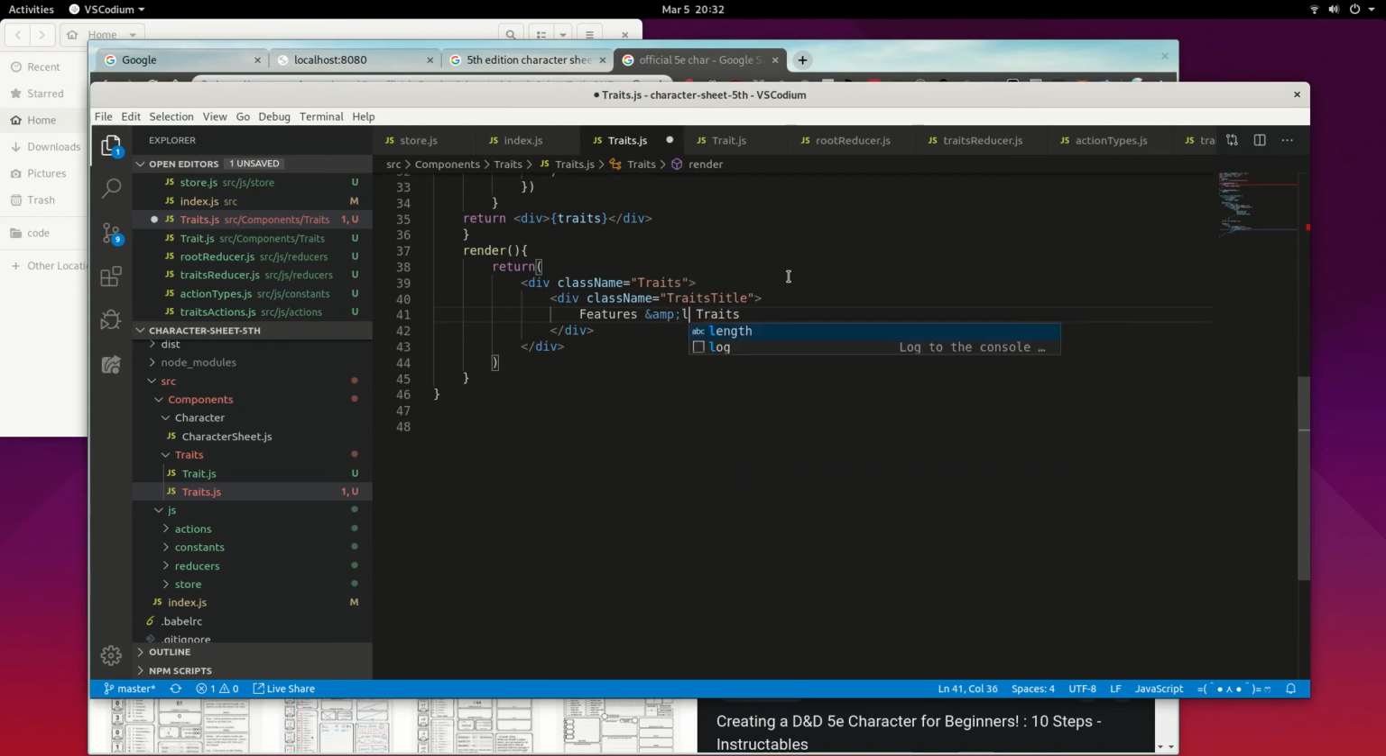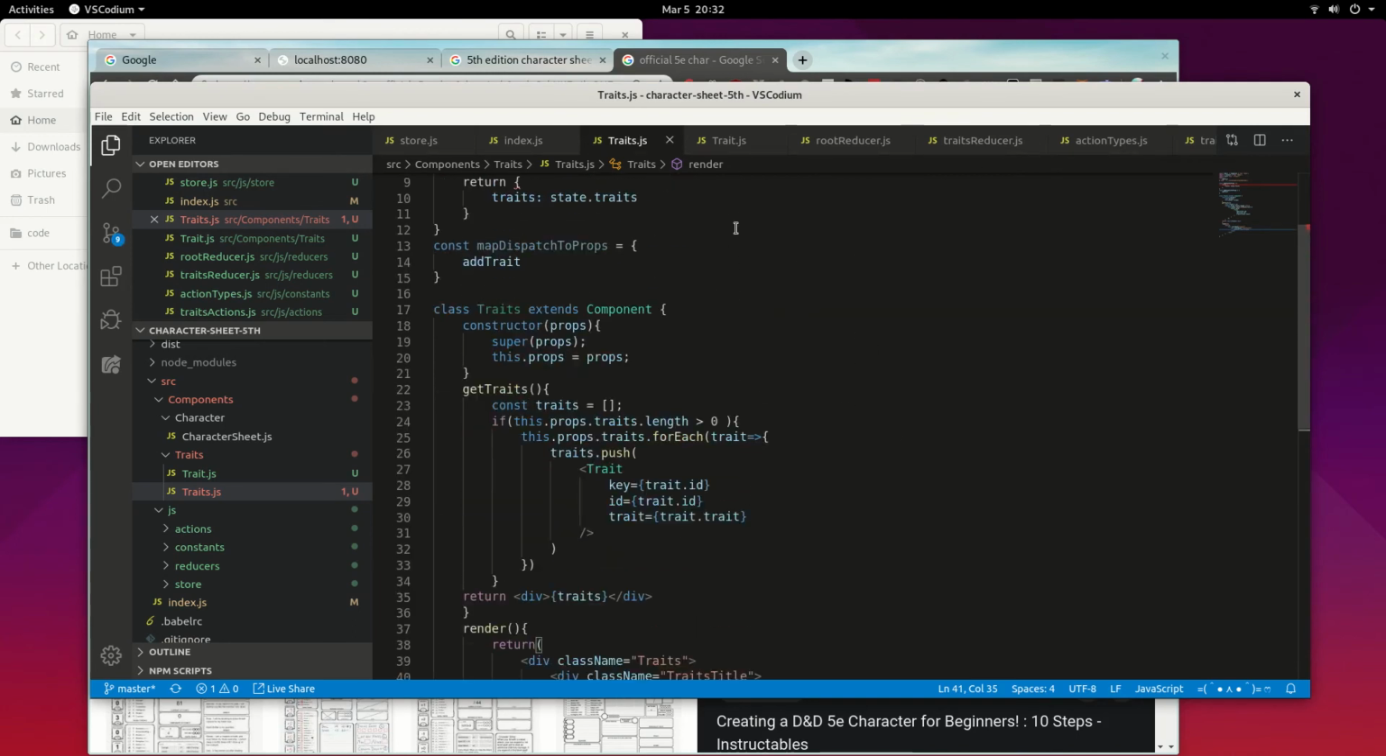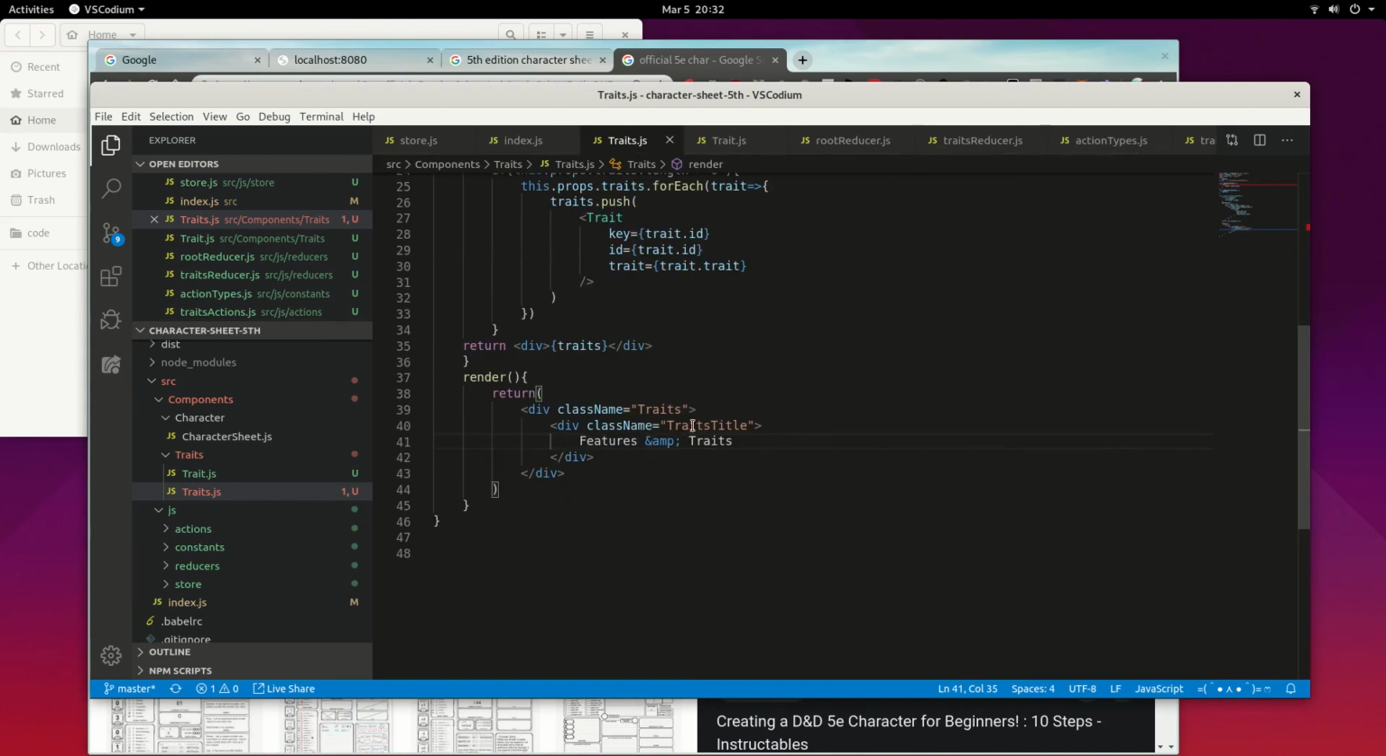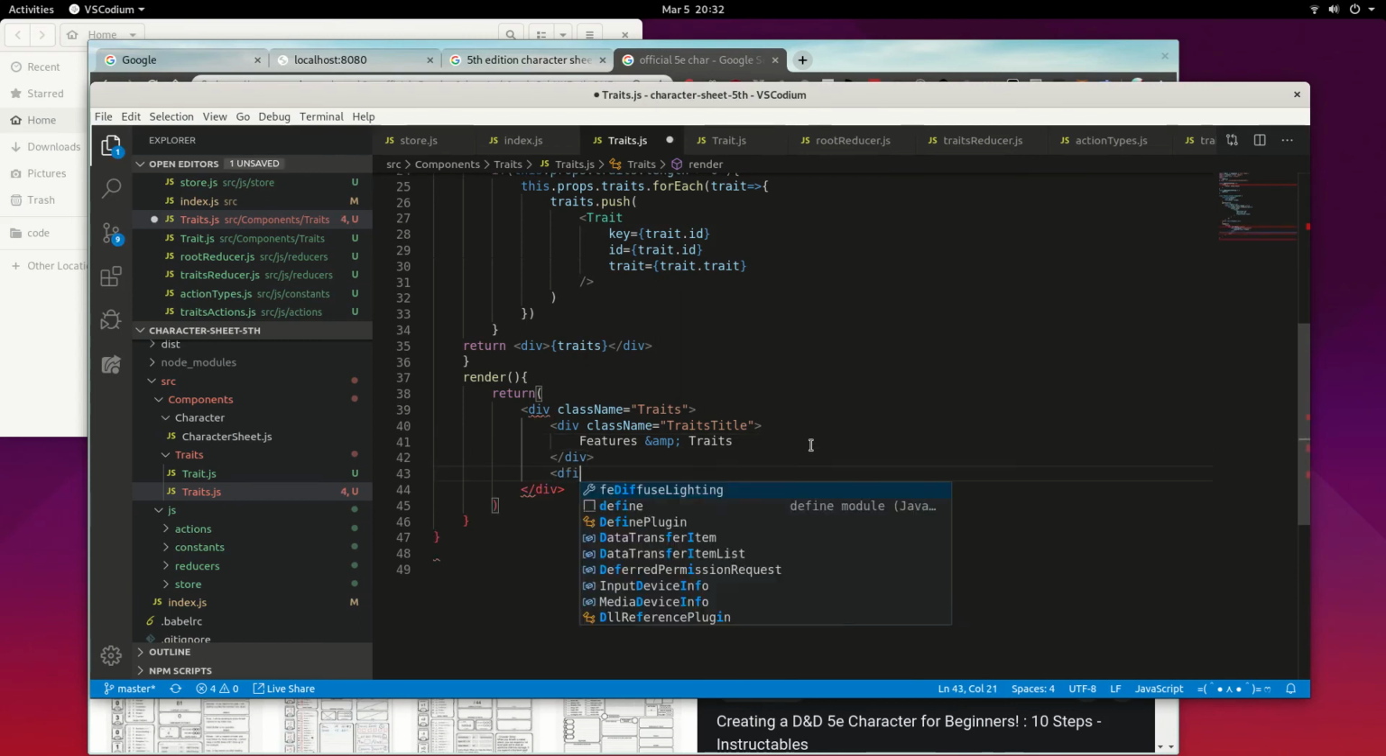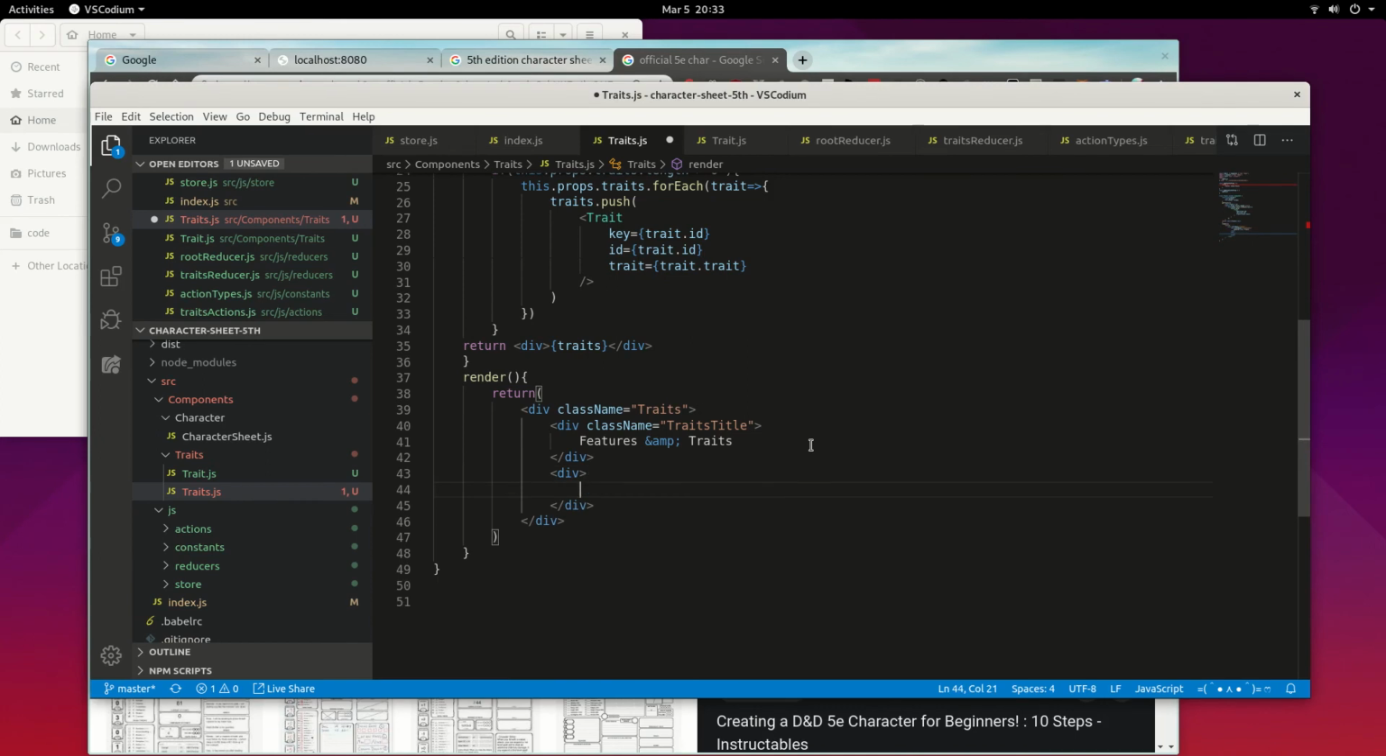I believe this needs to be an amp for the page to render in HTML since and is a coding thing. Okay, so now we want to put another div after the title that's going to contain our function call. So we can call this dot get traits, and that's going to be our list of things. And then after the list of all the things we want a button at the bottom basically that's going to say, hey, let's